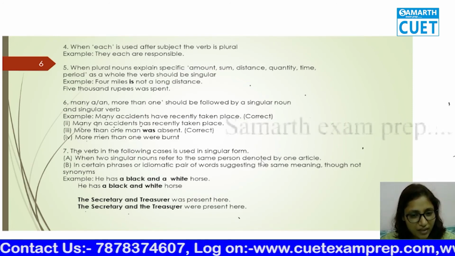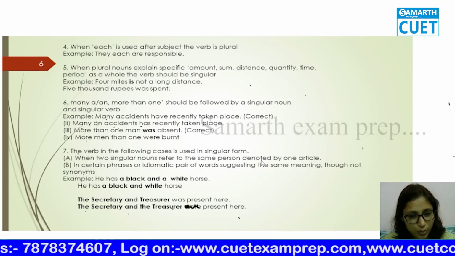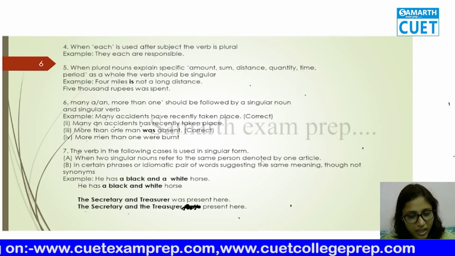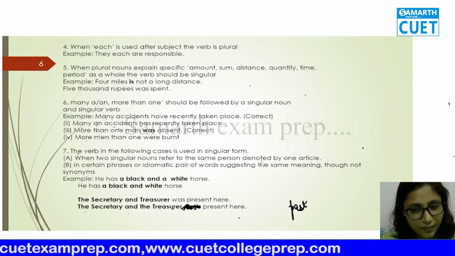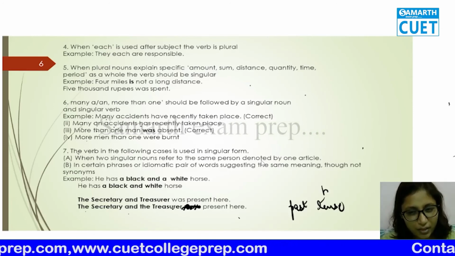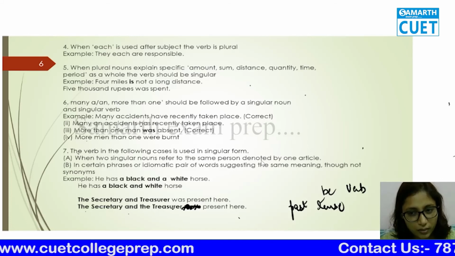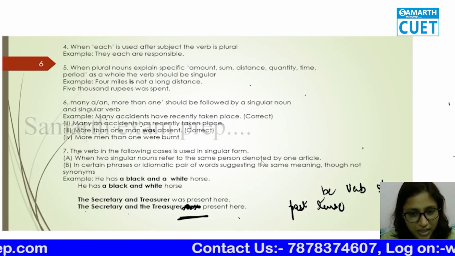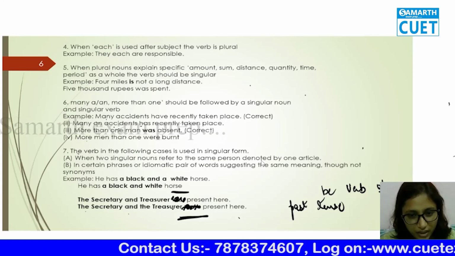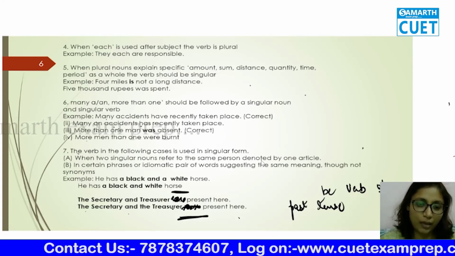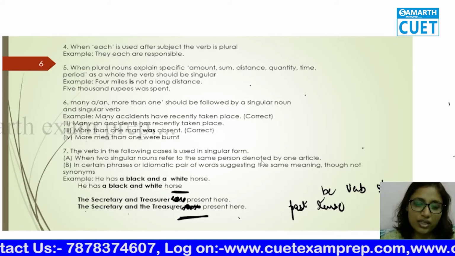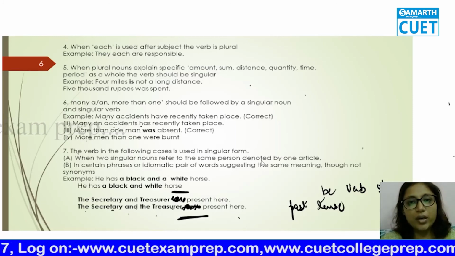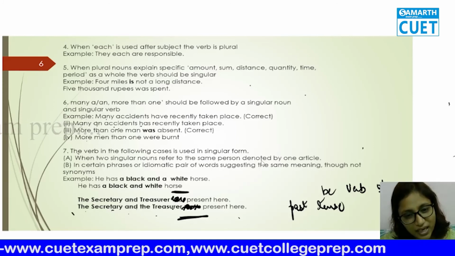See, if we are given this and we are asked to put the helping be verb of past tense with this, we have a dash here and also a dash here. We have to fill this blank. How are we going to decide? You understand? The secretary and the treasurer. Now we are going to decide by this article.